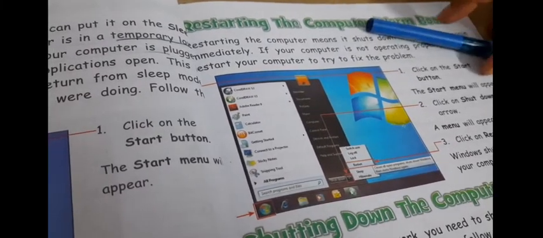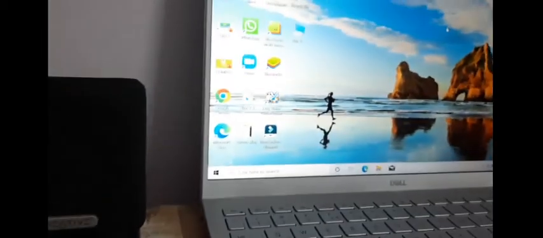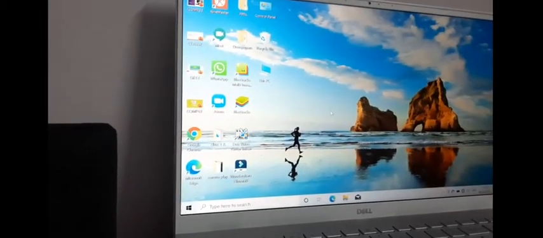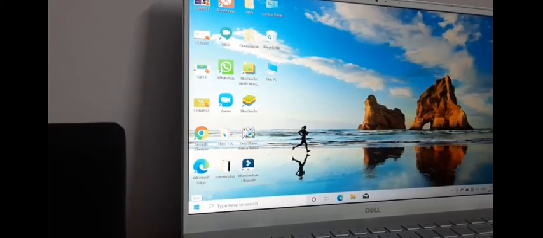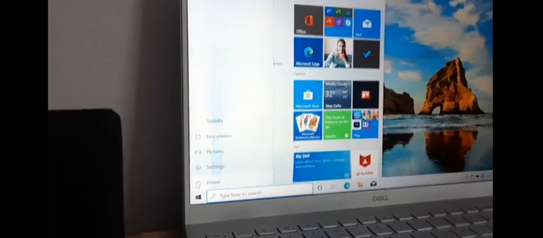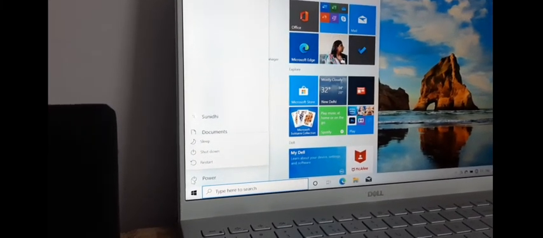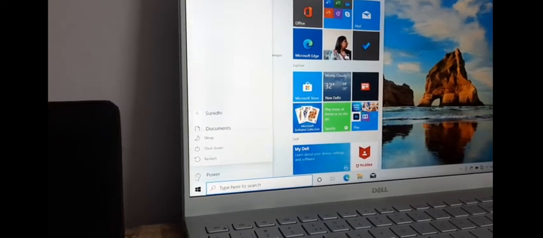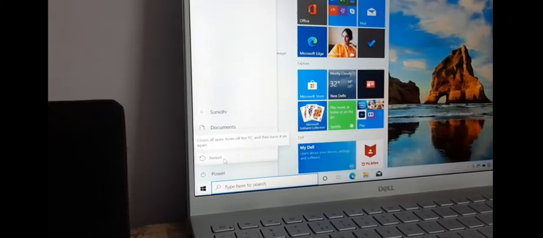Now let's have a look. We will follow all these steps on the screen. First, the same steps you will follow as you follow for the sleep mode. Click on the start button, then start menu appears, then you will click on that arrow, alright, side of shutdown button, and then you will click on this restart because you want to restart your computer.